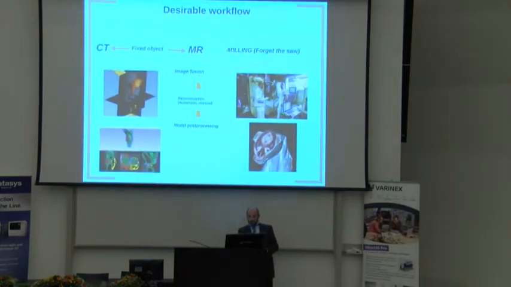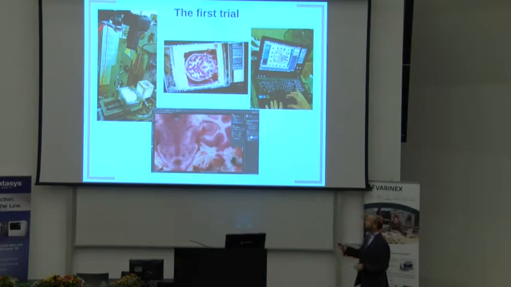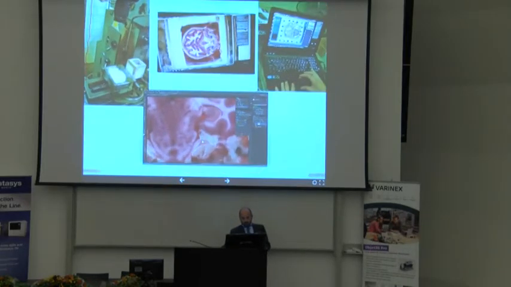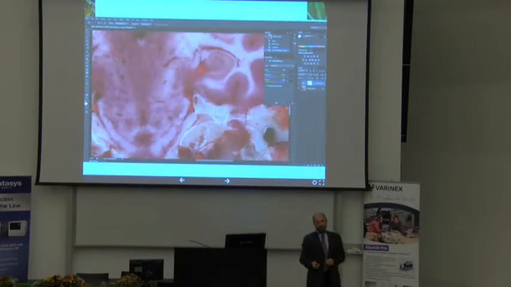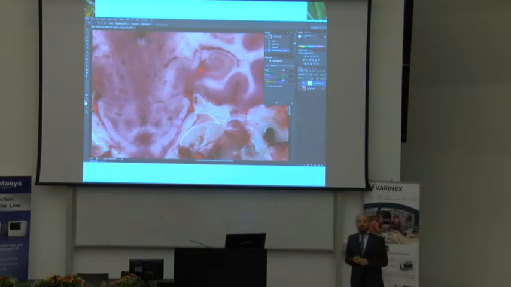So then we have seen that this process is working, and then we made our first trial. It was made with a very old industrial milling machine back in Kaposvár. We made it 2 years ago, but I think you can see how great a resolution we have on our image. That's, for example, the hippocampus of a dog. This has an area of maybe 5 square millimeters, and you can see on these pictures we could also go much deeper. That's a 400%